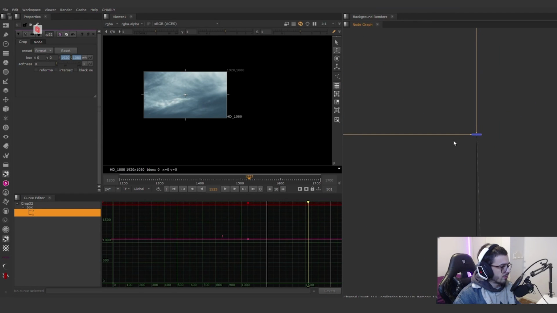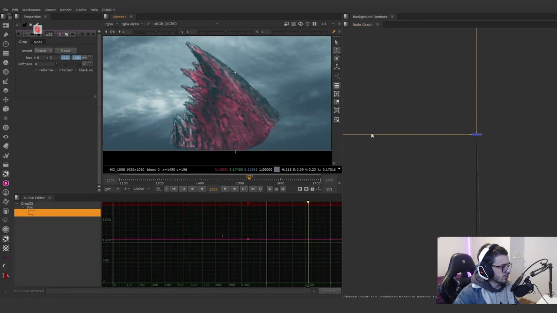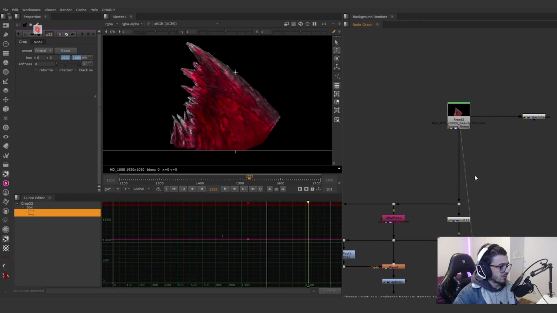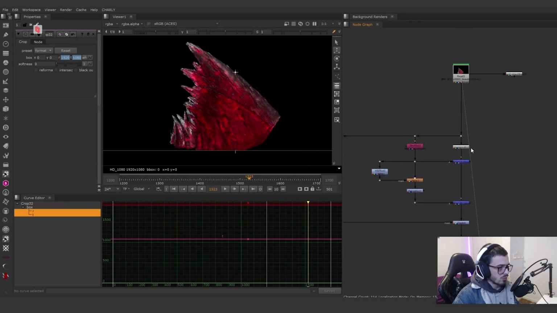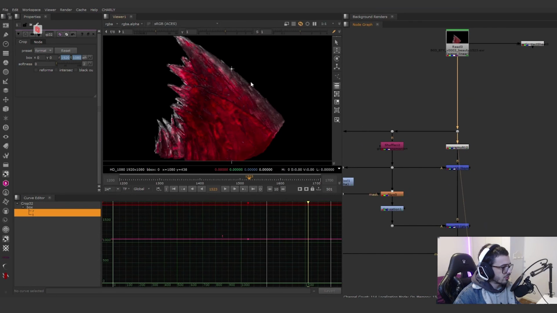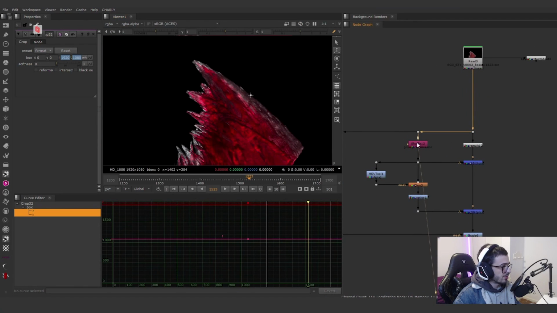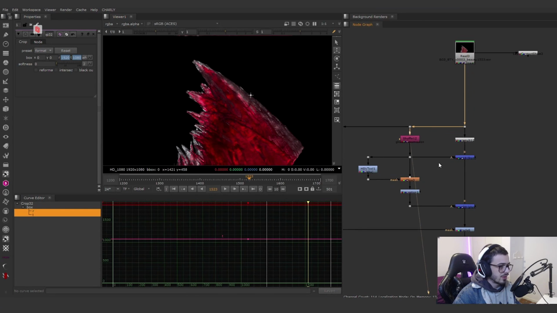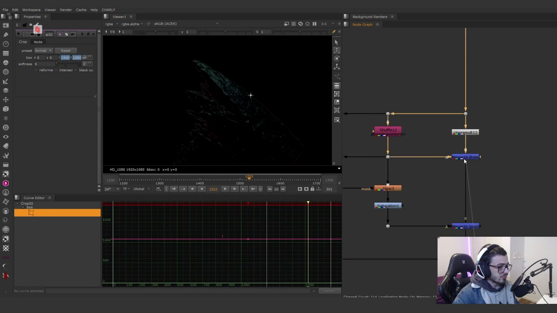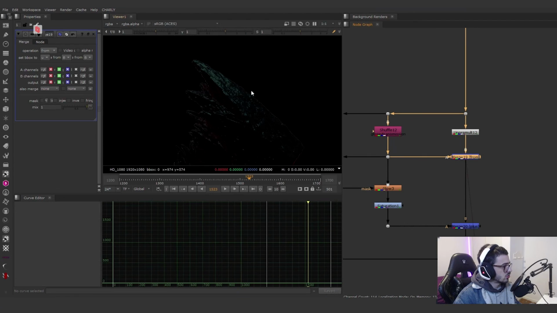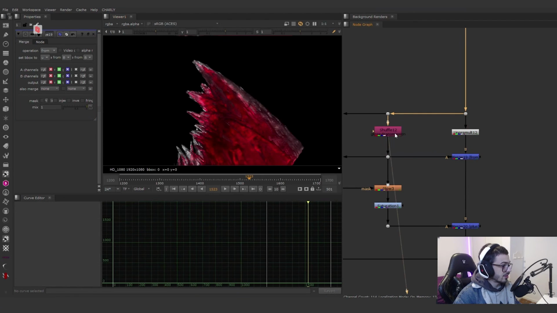Then we will have our first render pass, which is basically this layer that I showed you before. I'm pre-multing this for the edges and then doing a shuffle of the pass that we want. As you can see, this is just a pass without the highlights, and we take a from. This way of merging is just to basically get everything but this